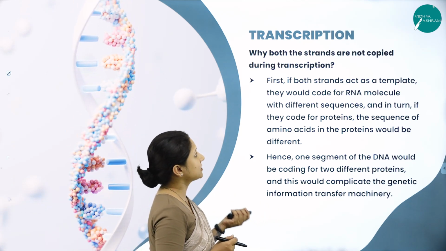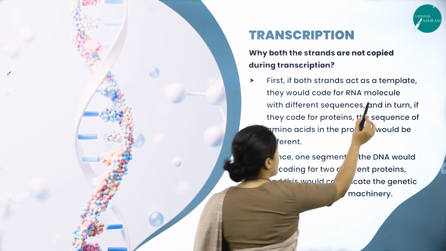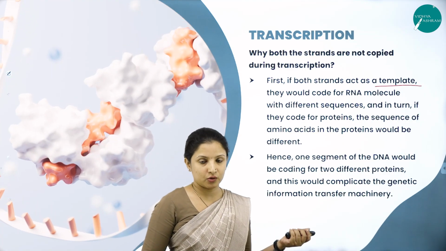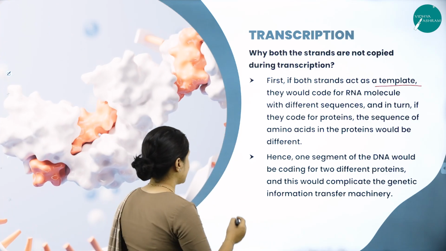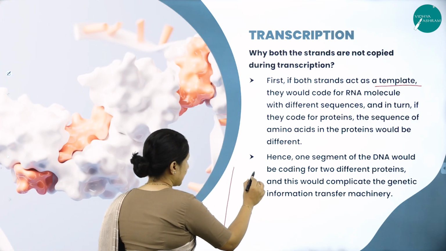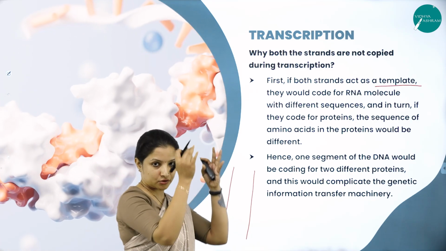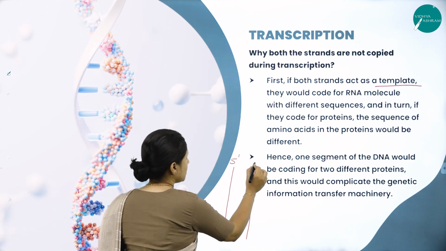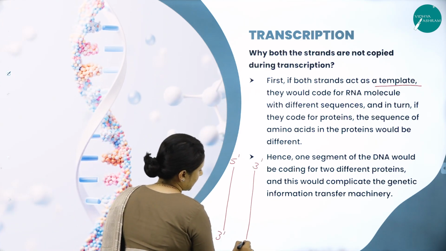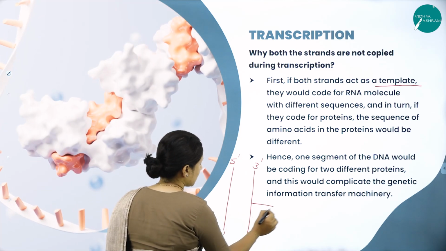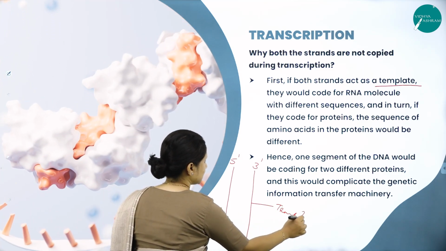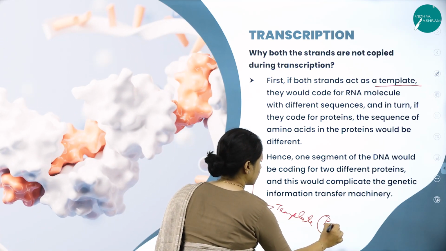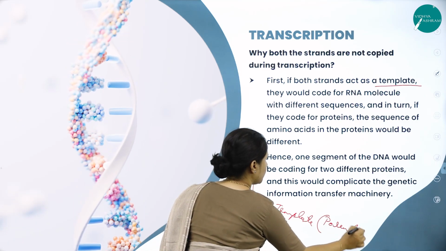So the first thing is, if both the strands act as template. Now the word template, if you remember the previous session, many times I've used this word. What do you mean by template? Template is the parental strand, right? If these are the two DNA strands, for easy understanding, I'm just drawing parallel lines. One strand will run from the 5' to the 3' direction, and the other strand will run from the 3' to 5' direction. Both of these are the template strands, or we can also call it the parental strand. One more name for this is parent strand.